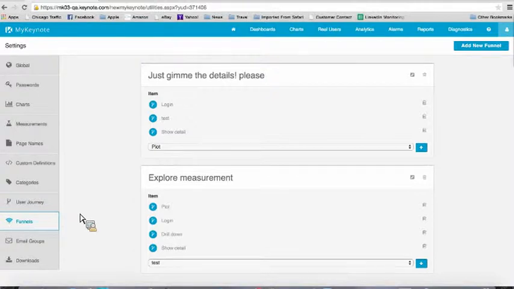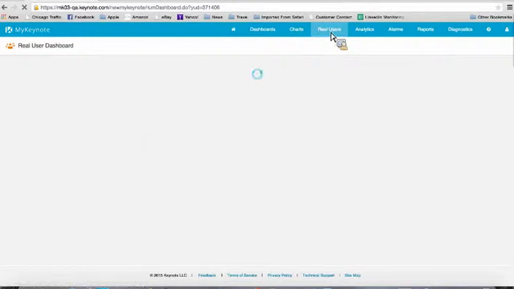Same thing for subscription. If you're selling news articles, things like that, getting into that funnel allows you to view the success of each one of your areas or your key journeys and how they end up as your particular conversion. So now that we have all of these things set up, we can go back into our real users